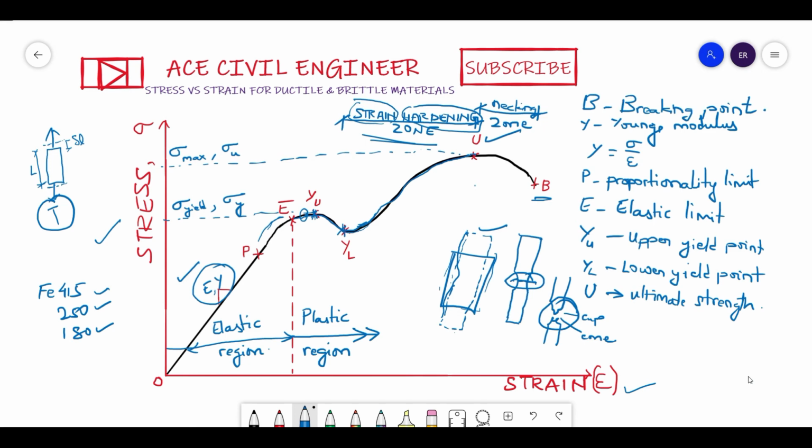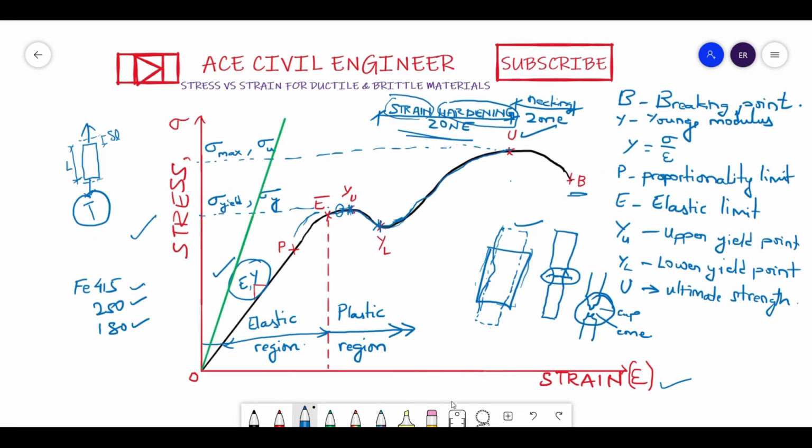Now I am also going to tell you how a brittle material would be seen in the same stress strain curve. So here I am going to sketch how the stress strain curve would be exactly. So the green one what I have shown you is the stress strain curve for a brittle material. As I have already explained, for brittle materials you will not have any warning for failure. Suddenly it is going to crack and fail. So here if you draw a stress strain curve, it would be very steep in its nature. So it is very steep, which is in green color.